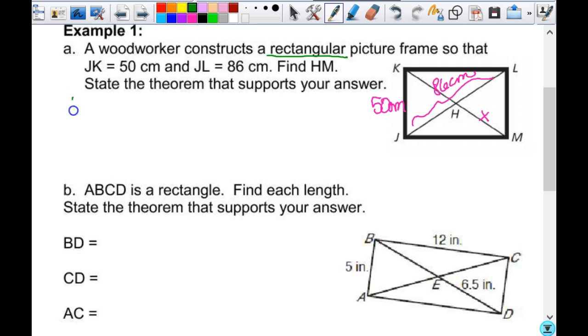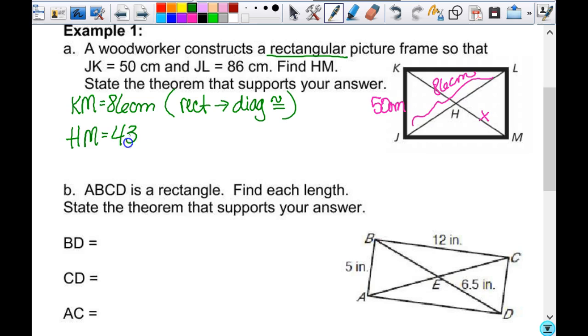So I can start by saying, well, I know that the length of KM is 86 centimeters. And the reason I know that is because if it is a rectangle, then the diagonals are congruent, right? Then once you have said KM is 86, now you've got that diagonal that you can take half of. You can say HM